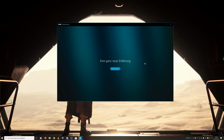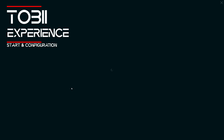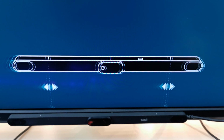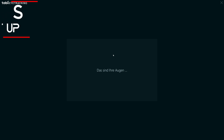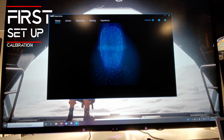With the current Windows 10 version installed, the drivers install automatically and the necessary experience software is installed via the Microsoft Store. The Tobii 5 is set up and configured for the first time. The first thing to do is make sure that the markings on the screen match the faint lines of the eye tracker. The more accurate we calibrate these, the more accurate the tracking will be. The 2 dots we see afterwards are the reflections of our pupils and irises, respectively,